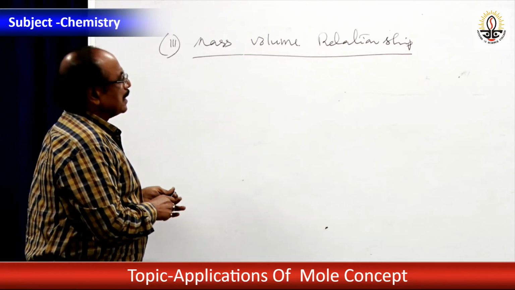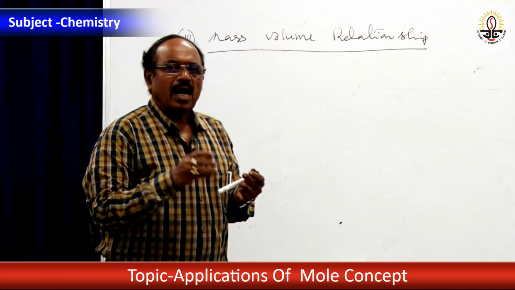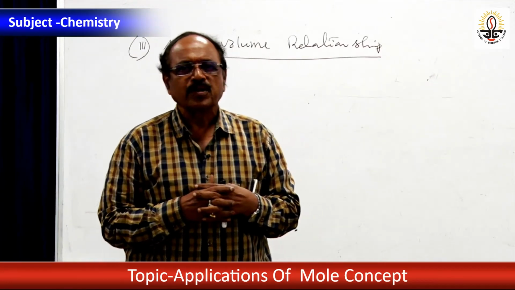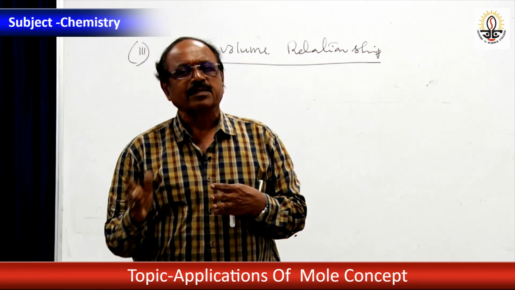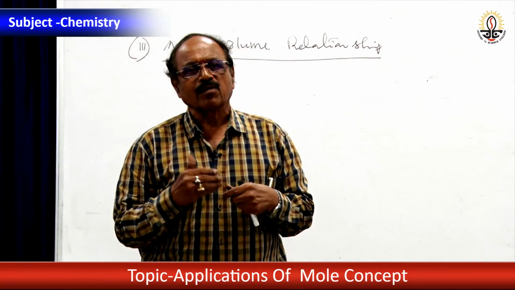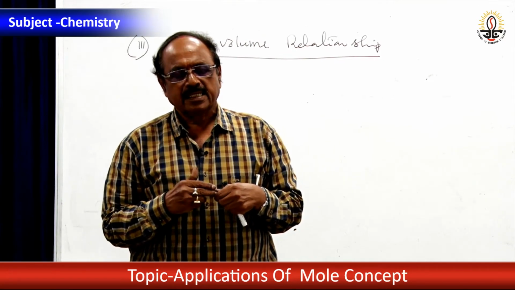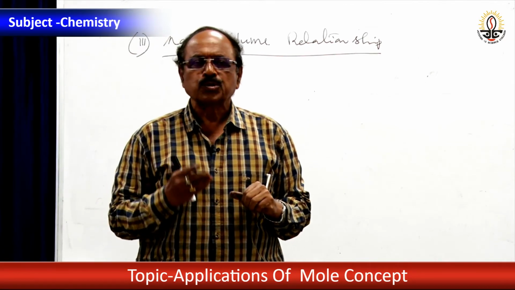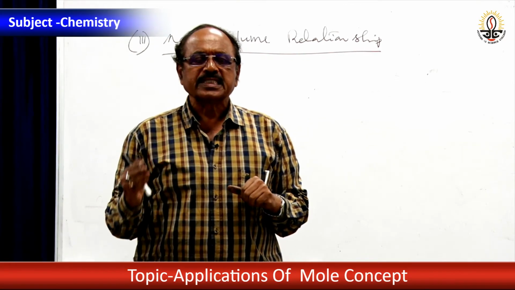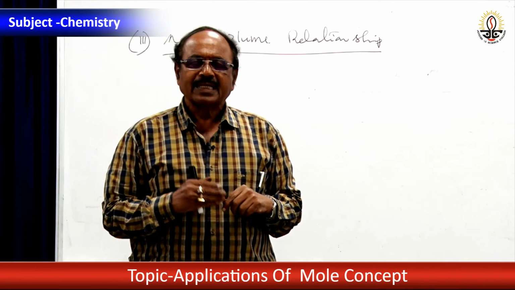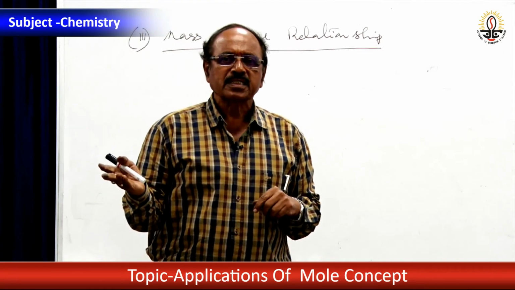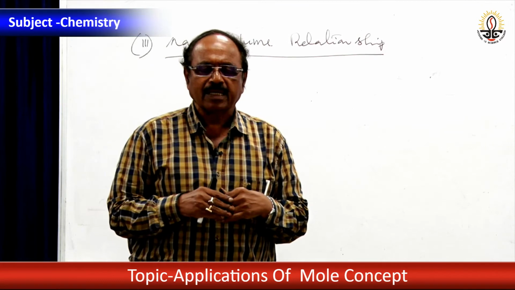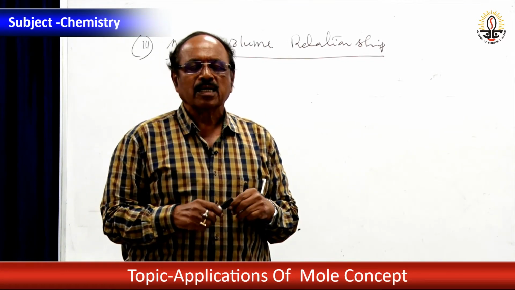How is it? Because we know 1 gram molecular mass of any gas or any substance occupies 22.4 liters of volume at NTP, which is called the gram molar volume. We have studied Avogadro's law. So, gram molecular mass occupies 22.4 liters, meaning 22400 cc of the gas at NTP, and this contains 1 Avogadro number of molecules. If they ask about the number of molecules, that will come later. Let me go to the mass and volume relationship.